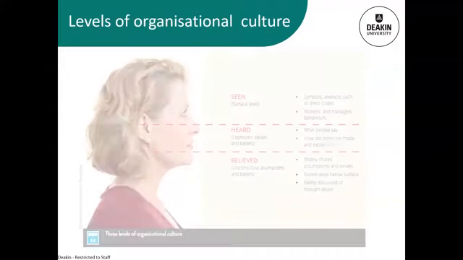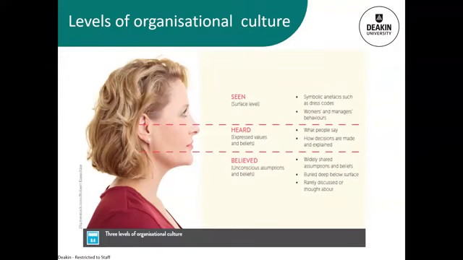Now, looking deeper into this, what people see, what people hear, and what they believe are the really important elements to having a successful organizational culture. However, it's really hard to see culture because it's not an obvious thing. It's not even a physical thing. It's quite intangible. So there are those surface level aspects of culture, like the symbolic things, the artifacts, things like the way people dress or the way that people behave towards each other.